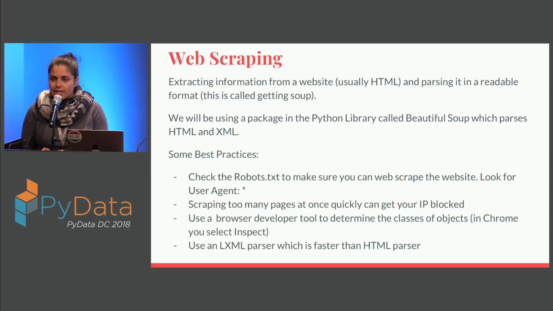So some best practices when you start web scraping a page. You want to check the robots.txt file, which exists on every website, to make sure you can web scrape the actual website. And we're going to look for the user agent field, which is us. So let's take a look at